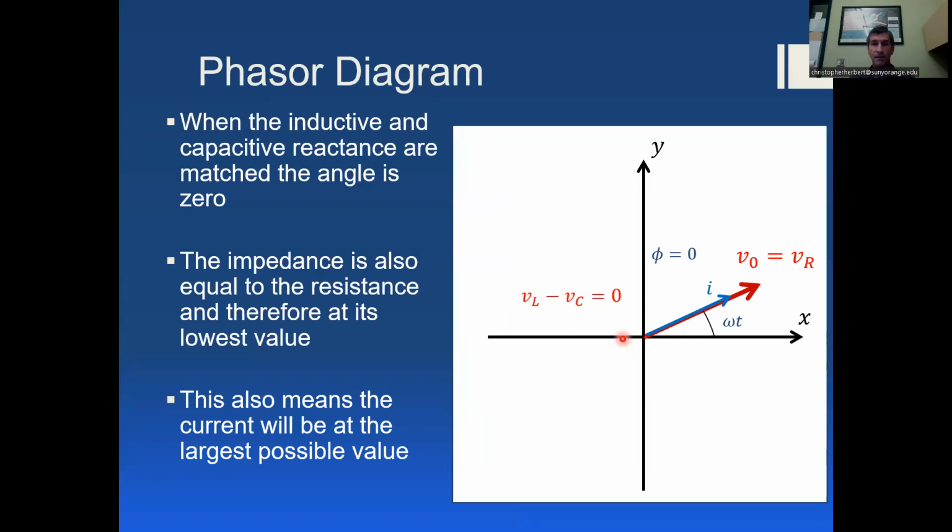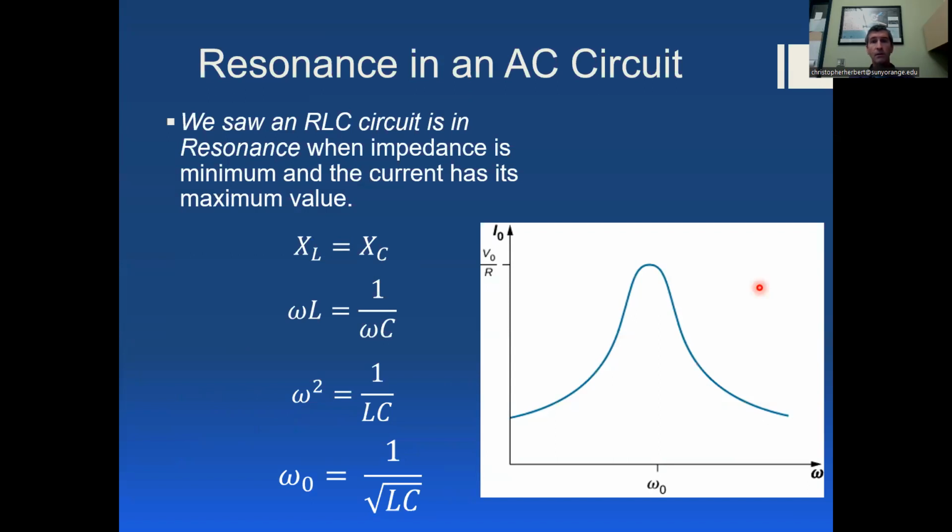And again, here is the condition where VL minus VC is 0. This is resonance, and both the current and the voltage are in phase, which corresponds to 100% working power. If we look at the overall current in this circuit, the RMS current, this peaks at the resonant frequency because that is where the impedance